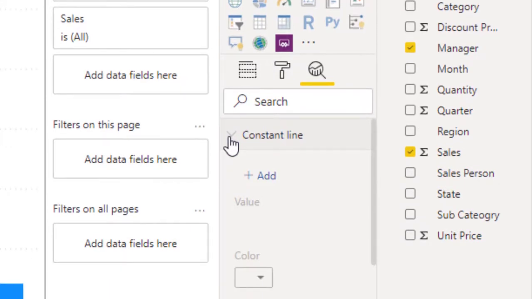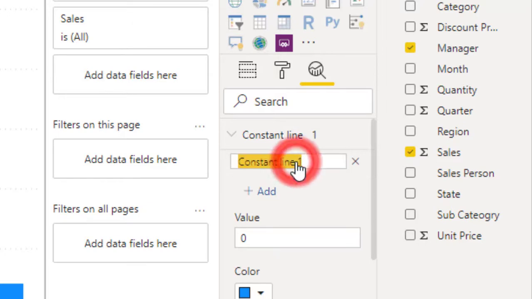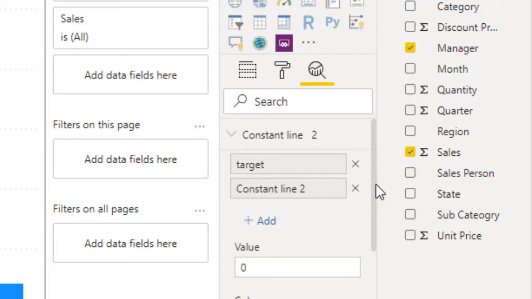Now I will click on the add button. Here we have the caption of this line available. So I will double click over here and rename it to target. Now we have the plus, or you can say add button or add link. Here we can draw as many lines as you like. I will click add. So you can see over here we can set maximum and minimum values, it is up to you. I will close it